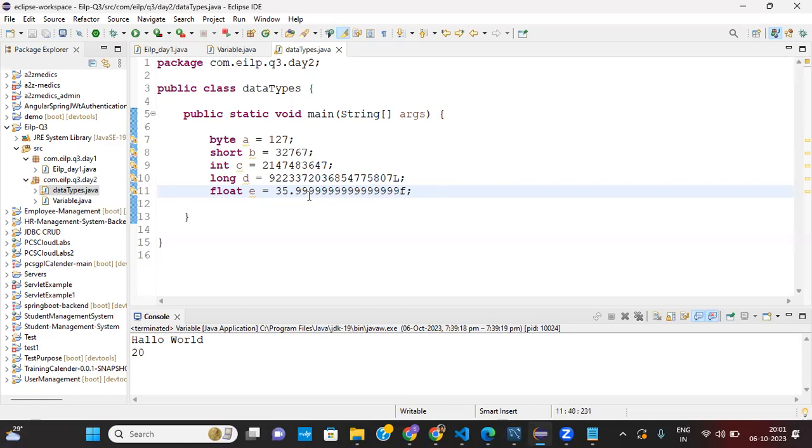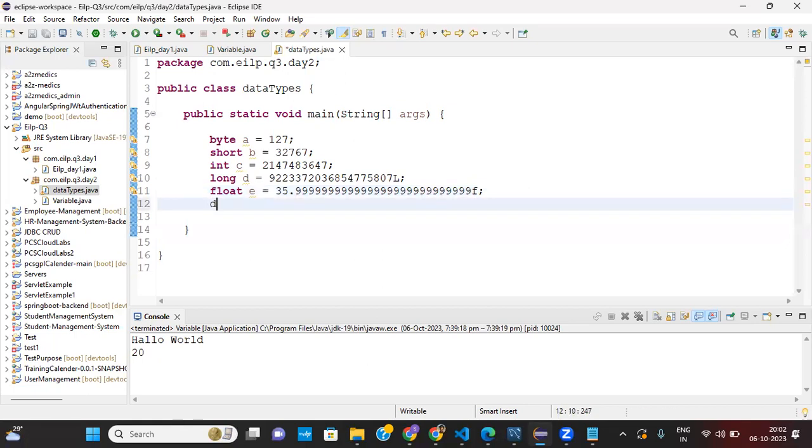So in double, some range should be there, I think. Okay, no range.